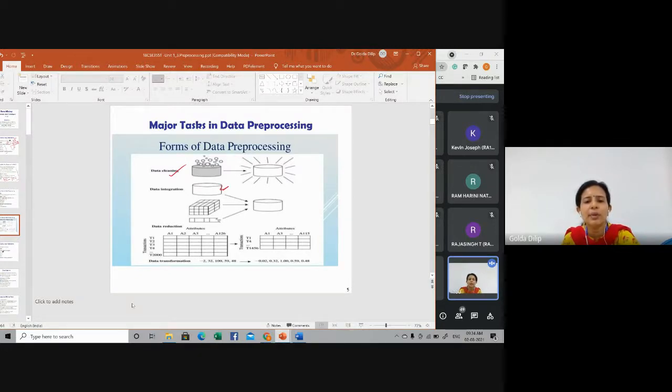One particular database, a different data source, a legacy system or a flat file, everything is flowing into your data warehouse. Then this is data reduction, so this particular form gets reduced to this. Then data transformation by applying some sort of normalization or some other technique. So these are the various forms of data pre-processing.